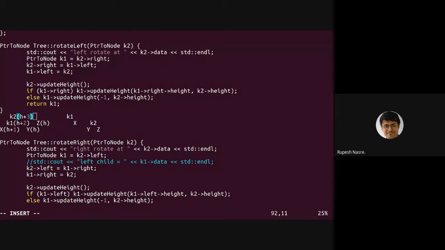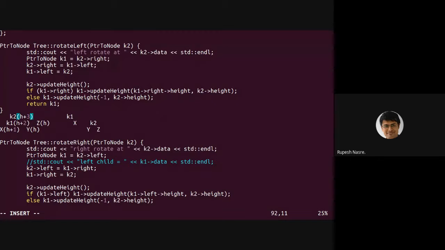Is this okay? Any questions on this one? Have I written it correctly? Okay. So if that is the case, that is what causes a difference in the heights of the two subtrees, right?